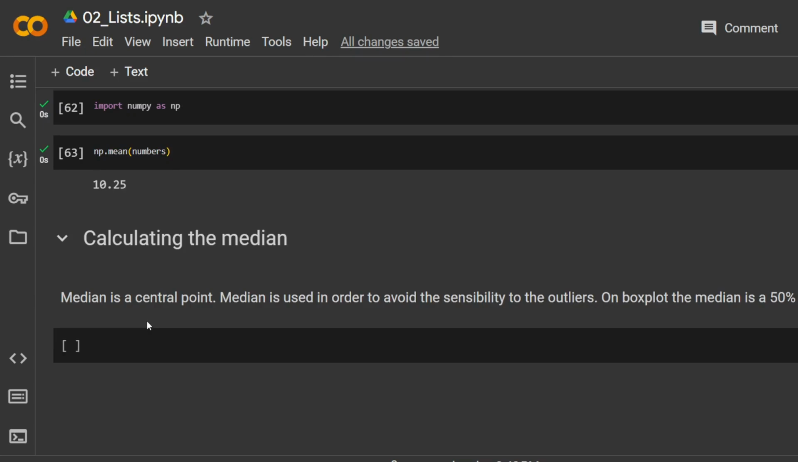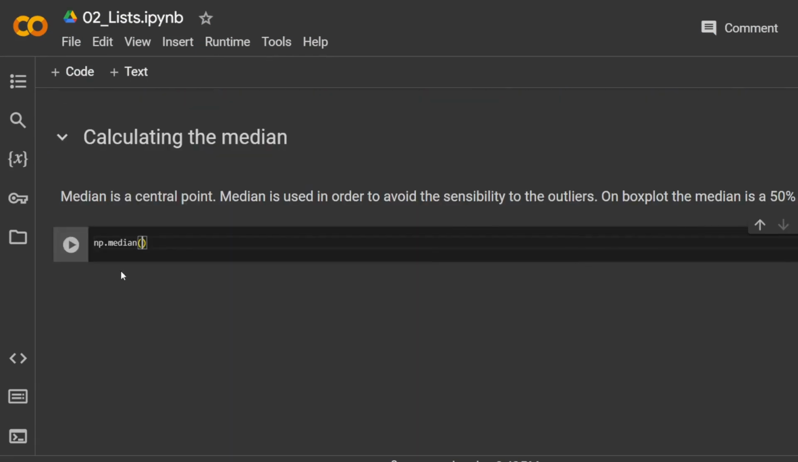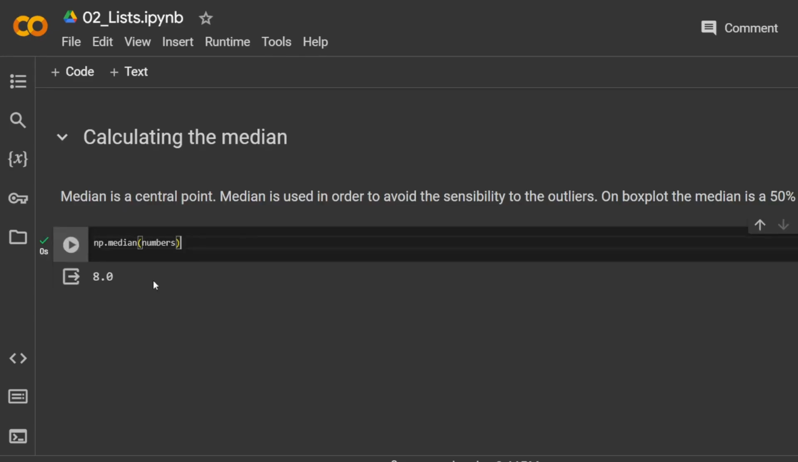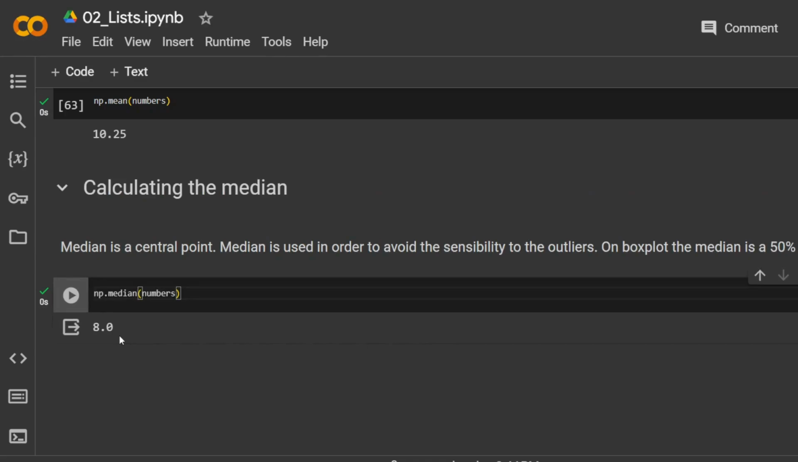But sometimes you're required to find the 50% central point, the median. In this case, you're gonna use a different function. np is referring to numpy, right? Again, we're gonna use np numpy, and again we're gonna insert the list as input. And when we have 8 as the 50% central point of our